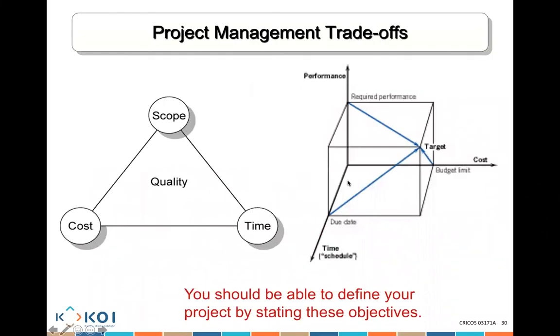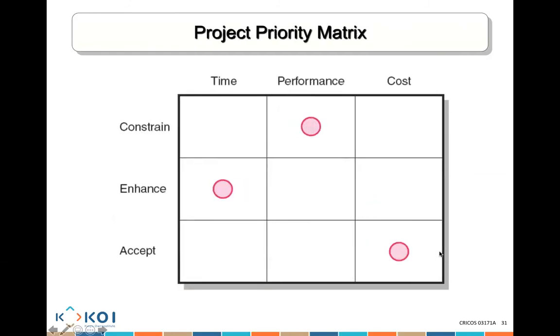So here we spoke about time, cost, and scope. Here we spoke about time, cost, and performance, or if you want, quality. But really, you should be able to think about all of these criteria together, combined, to tell you whether you've actually managed to deliver the outcomes that you are required to deliver. So when I say constrained performance, it means the performance and the specification that I told you I need, you cannot change. That's exactly what I'm expecting you to give me.